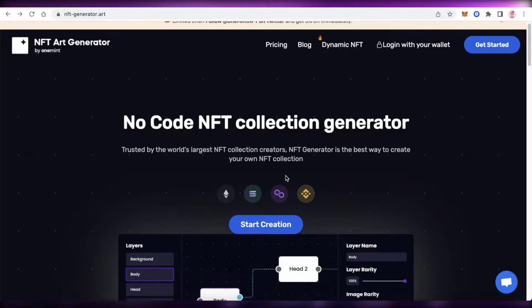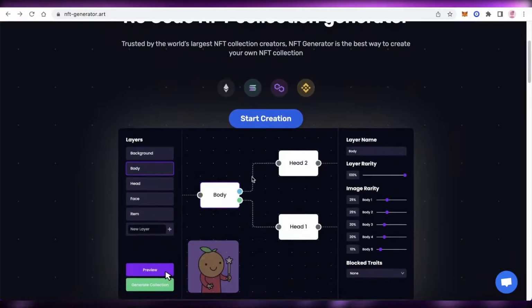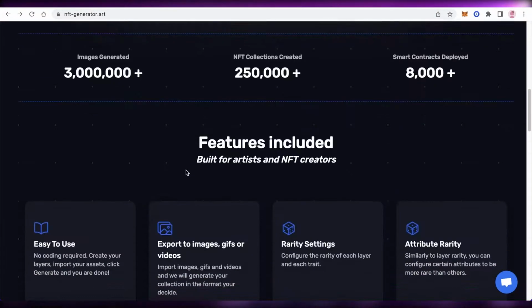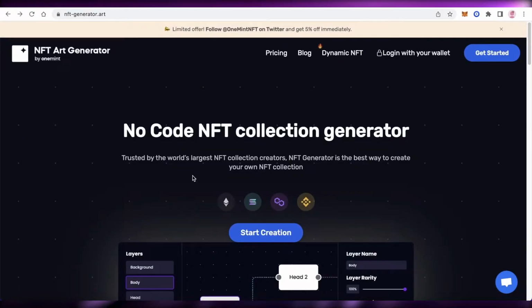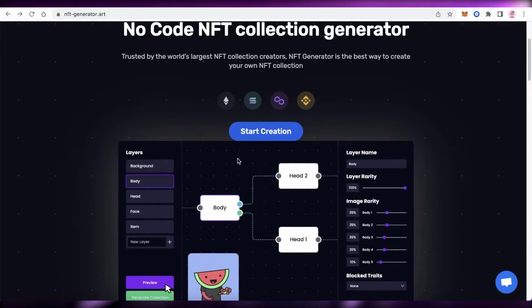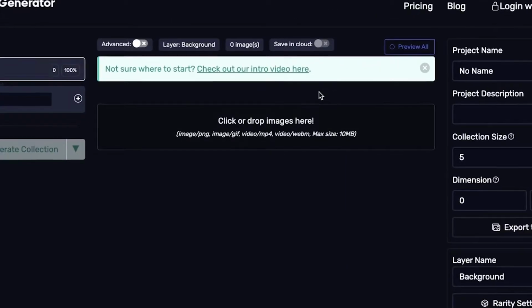Now, starting off, we are going to go on to nft-generator.art, and there are multiple different NFT generators out there. They're super easy to use. You have other NFT generators like ambition.io or nft-generator-art.com, and you can just get started and you can click on start creation over here and you can start